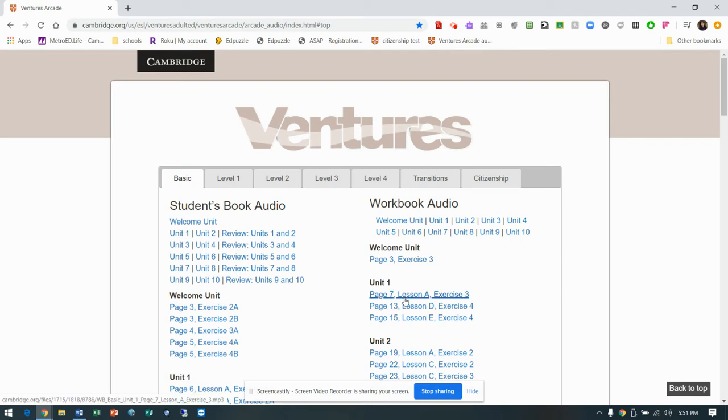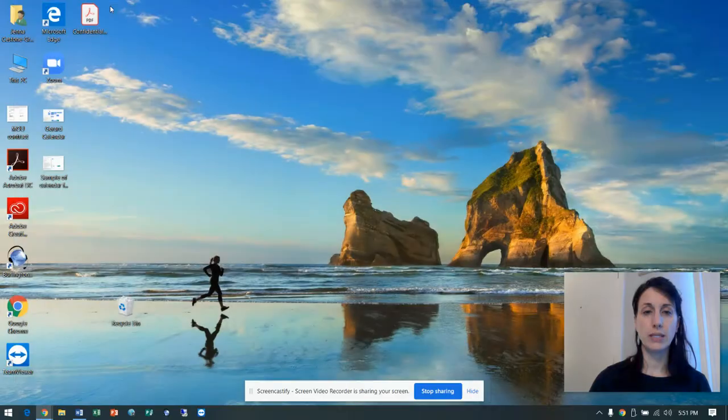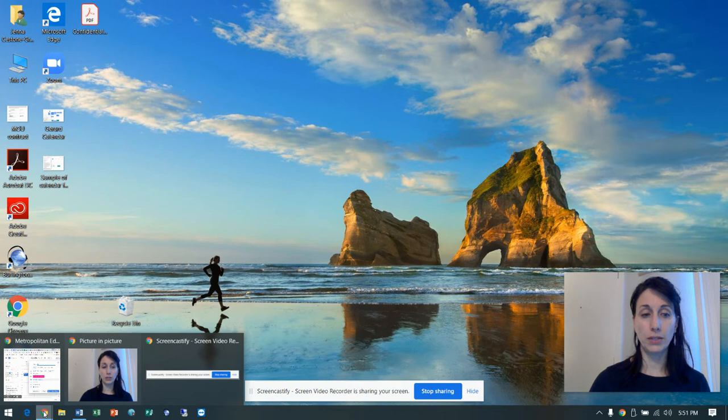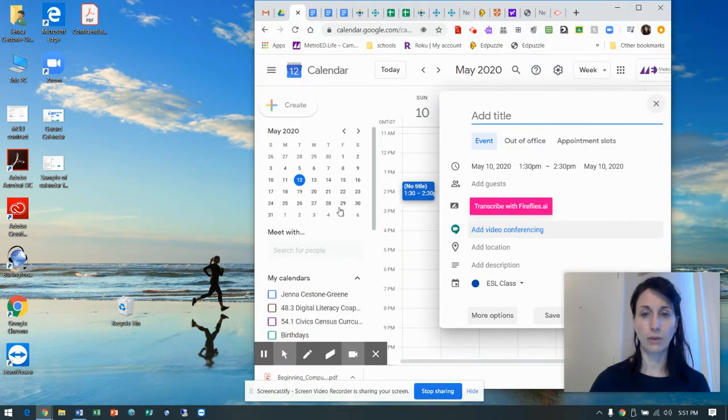If I have this on my calendar, it's really easy to pull this up, and it tells the students where they can go to get that information. And then we can all take a look at that together, right? That's something that we can do together.